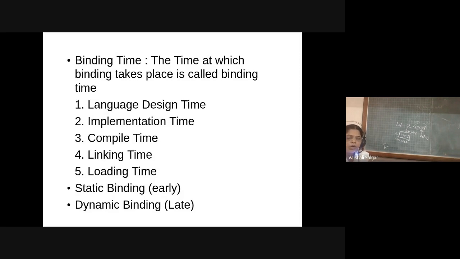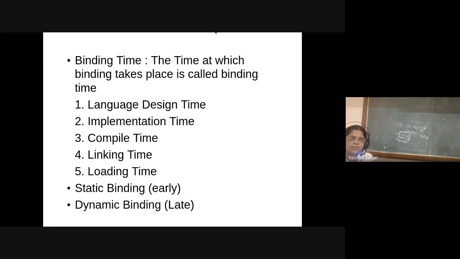All of us know compiler, interpreter. So whenever your program is compiled, at that time the memory will be allocated for the variable. Whatever value you have assigned to that variable will be bound with that particular variable. That is compile time binding.